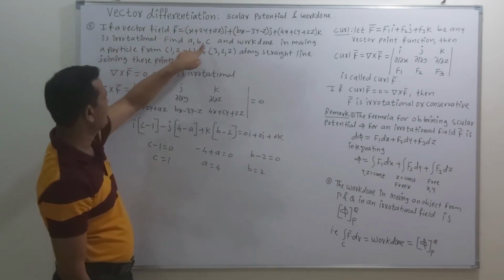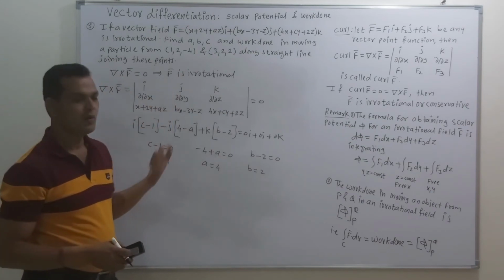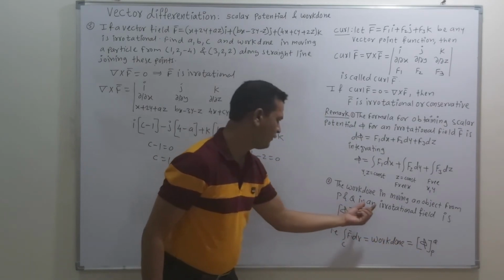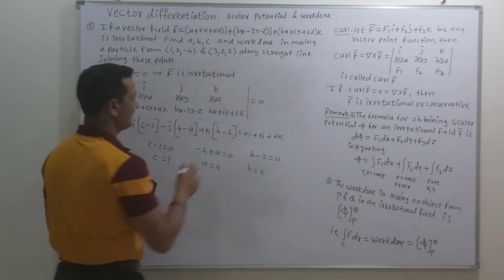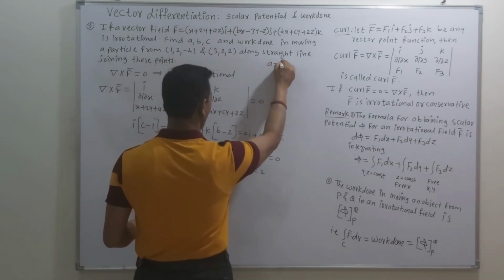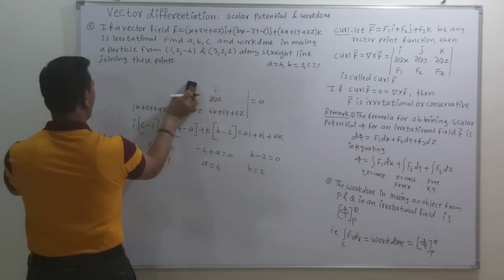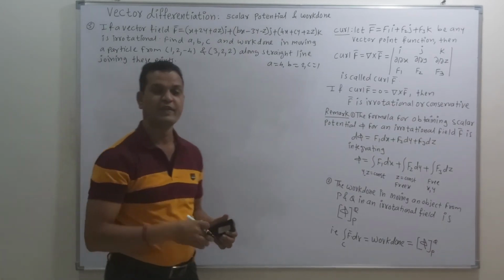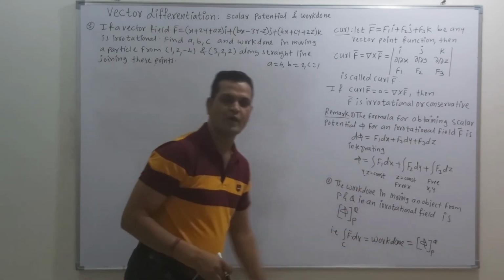Now friends, here we found the value of constants a, b, c. Now the question is to find out the work done for moving the particle between these 2 points. So this is the definition of work done. So for this work done, we require the value of the scalar potential, which is denoted by phi. So our next step is to find out the value of scalar potential. I will just put the value of a here, which is 4, b is 2 and c is equal to 1. So now friends, our next target is to find the value of scalar potential. So here even though we are finding the work done, our need is to find out the scalar potential, then work done is the value between the points P and Q.